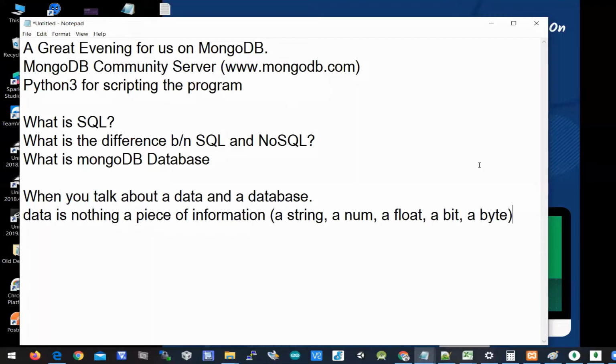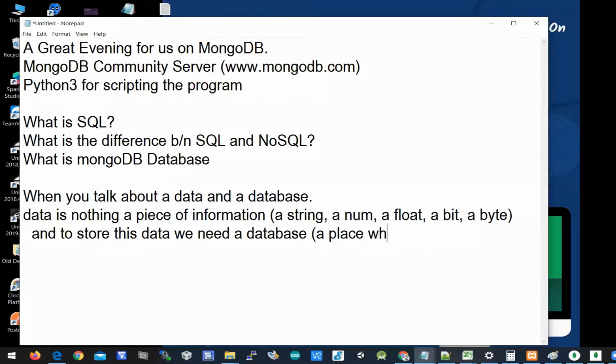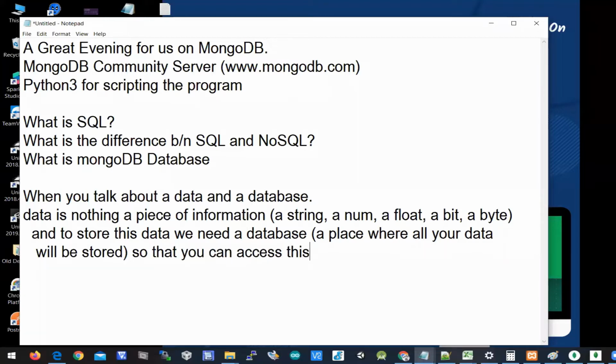To store this piece of information, which is data, we need a server, we need a database. A database is nothing but a place where all your data will be stored so that you can access this data from any program.